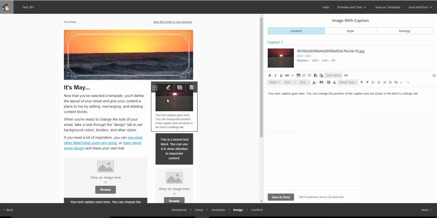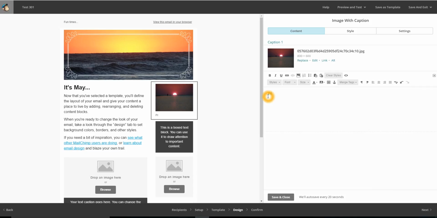You save it, and then you see your image here. This is the preview of what your newsletter will look like, but this is where you'll make your changes. Come in and center align that maybe. If you decide, I want to spell sunset right, if you decide that you don't want the picture on top,